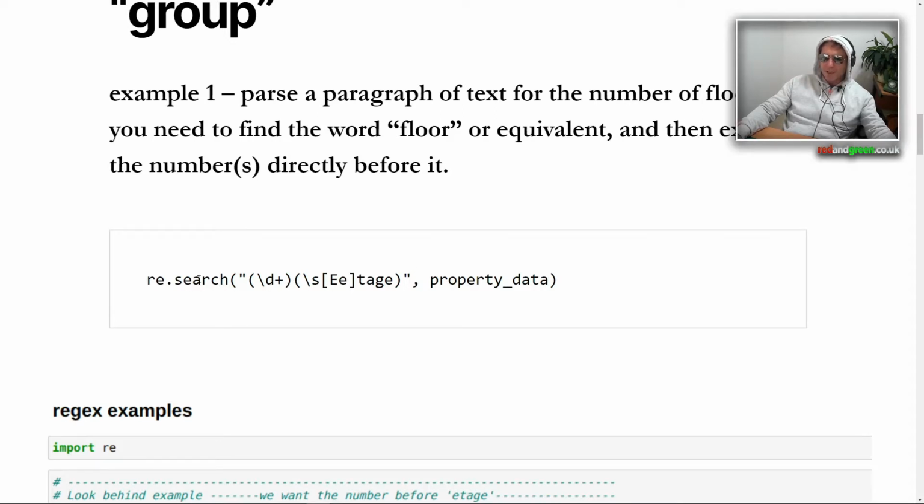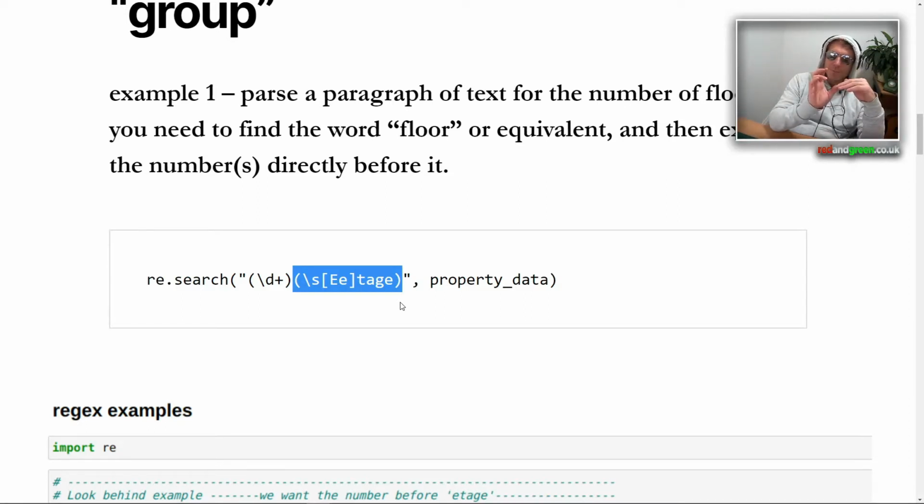So what we've got is re.search, and then what we do is we search for this. If you're familiar with regular expressions, you'll know that \s, lowercase s, means a space. And we want to search for a string, which will be etage, or if it's in English, floors, with a space before it, and then a number before that. So you want number, space, floors. So what we've got here is \d, decimal, and one or more decimals, followed by, in the second pair of brackets,